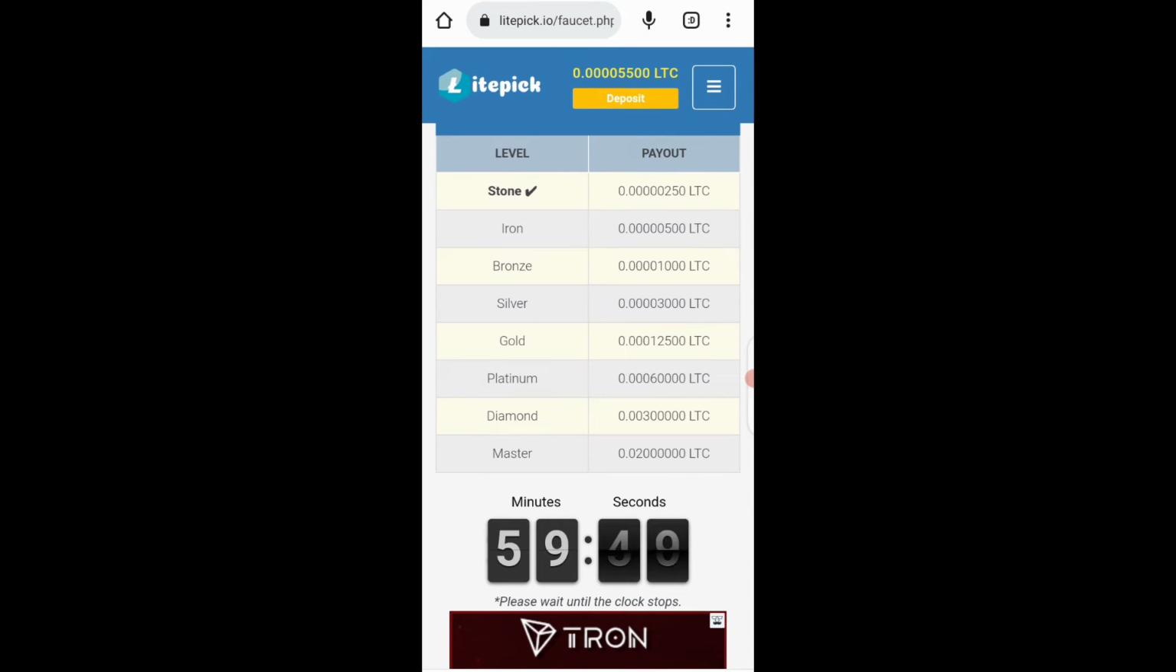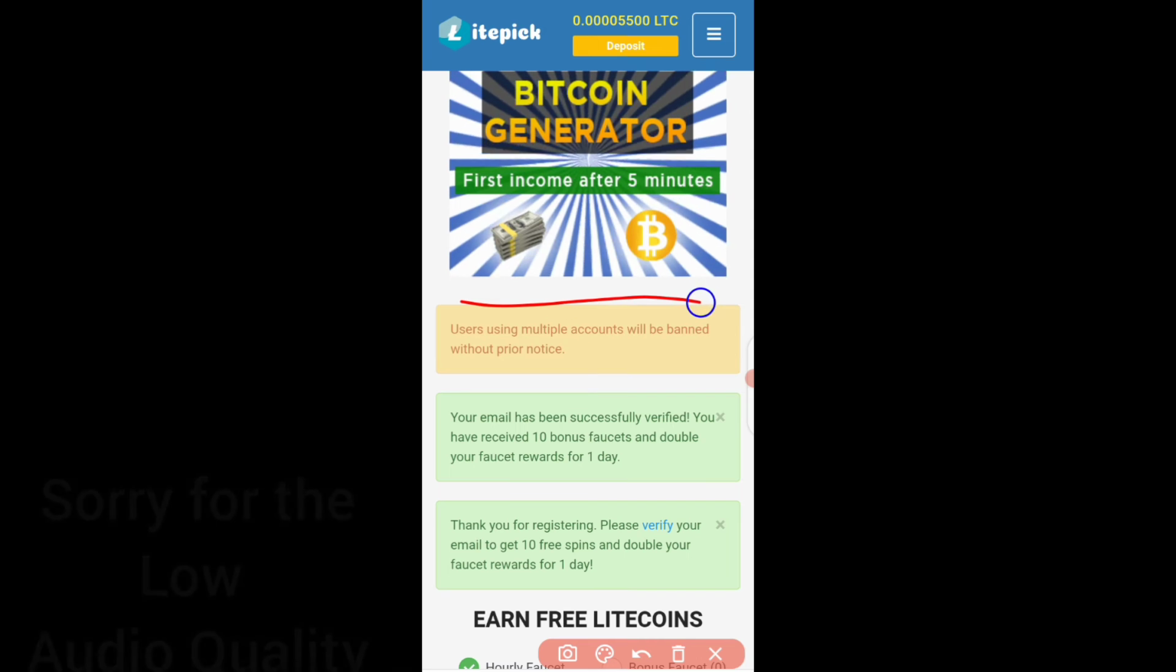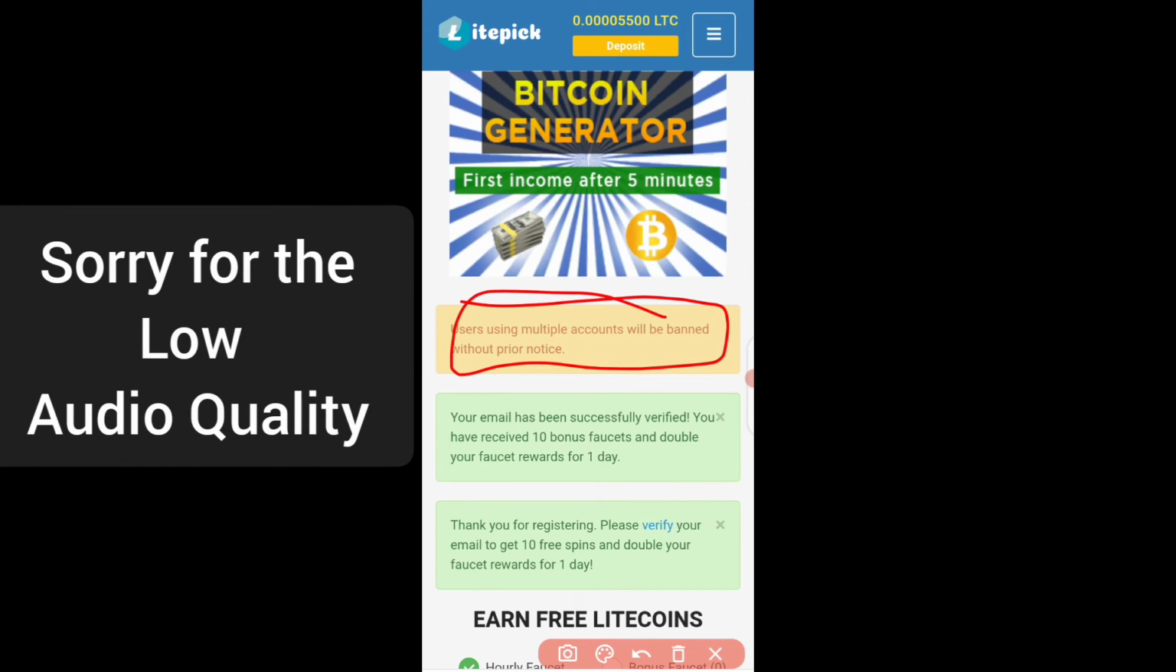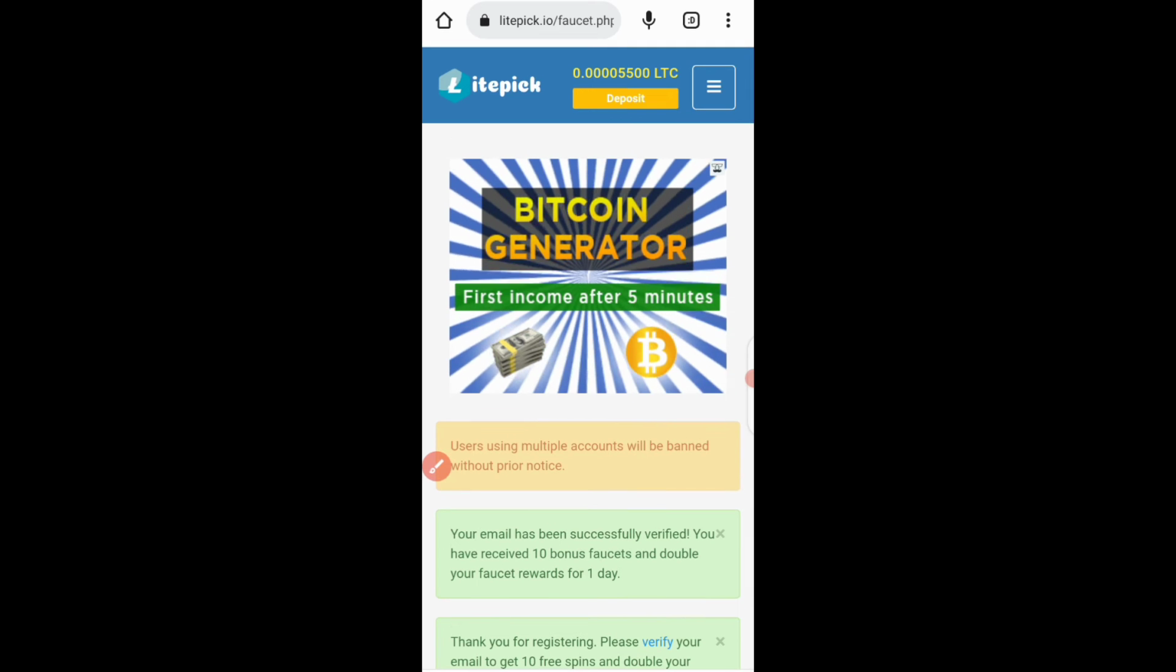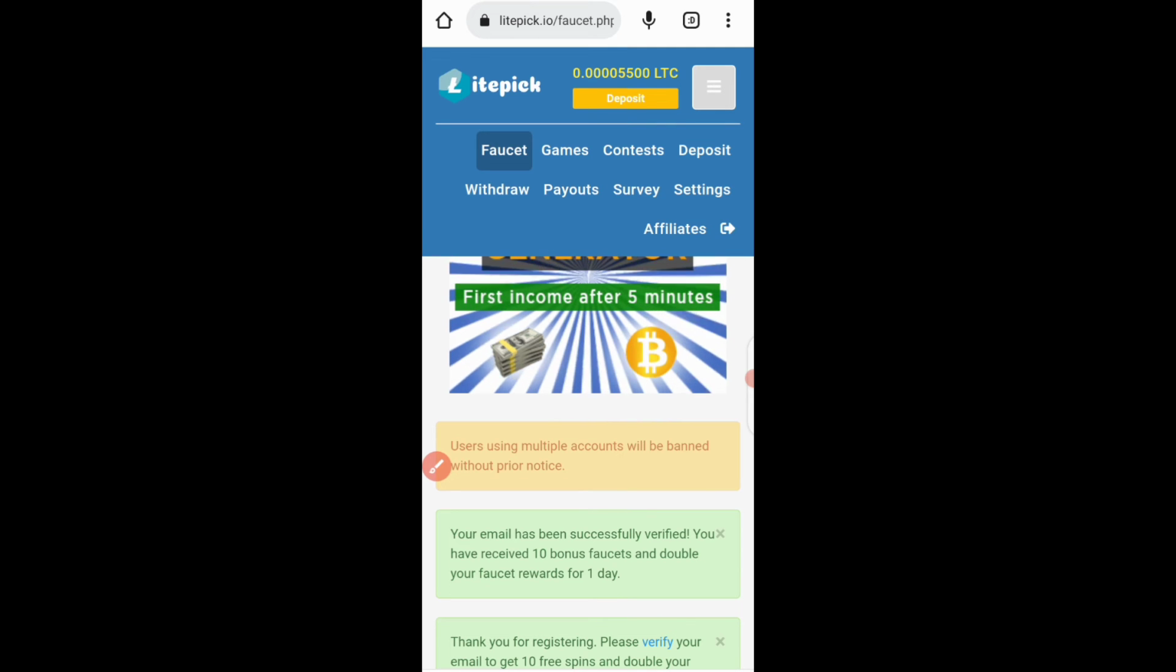Using this faucet you can earn up to 0.02 Litecoin from this platform. Note, users with multiple accounts will be banned, so beware of multiple accounts. Now if I click on this navigation bar right here and come over to the faucet section,